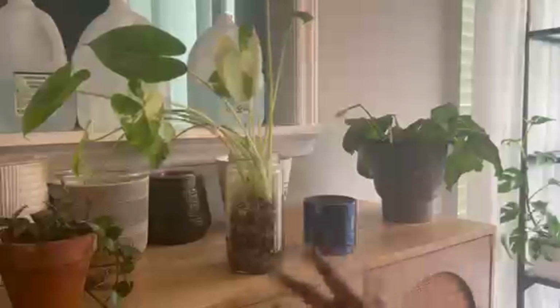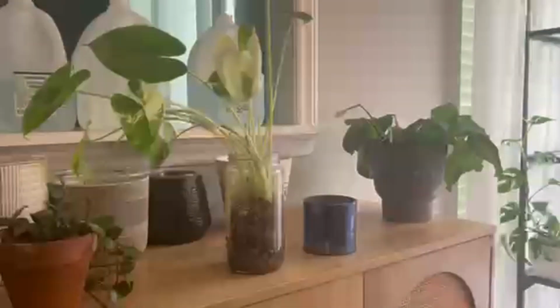Okay, so this is the setup for now. Once this gets used to this and the roots get even more definitive in this substrate, then I will pot her into an actual kind of semi-hydro setup that I'm used to, but I'm okay with this right now. And I'm gonna go ahead and chop her. So we also have